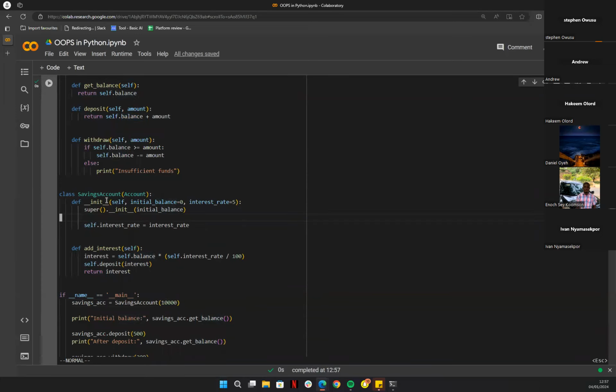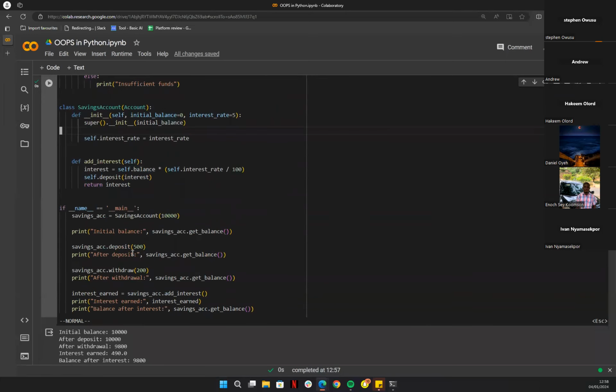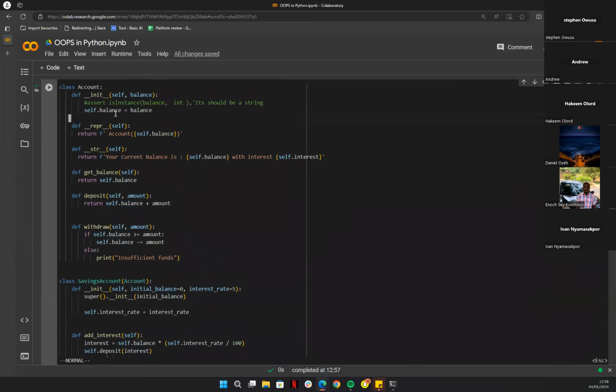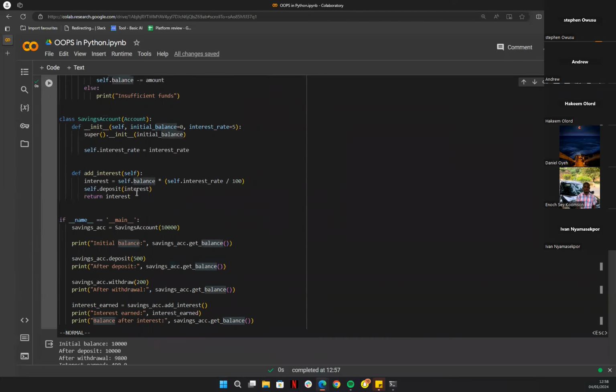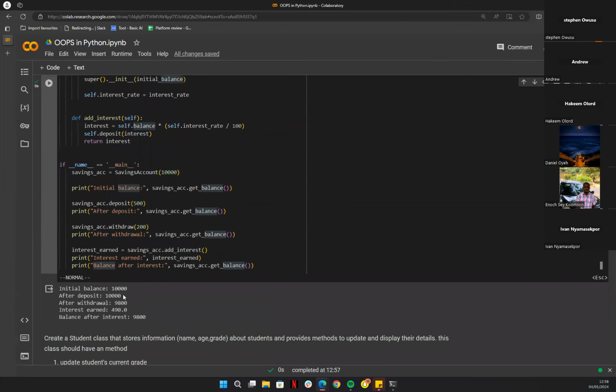So even though I'm depositing in my savings account, it's an overall account. So it is adding up to my account because I said savings dot deposit this amount. So in my initial deposit over here, this balance is now changed. So as you can see over here, after depositing,